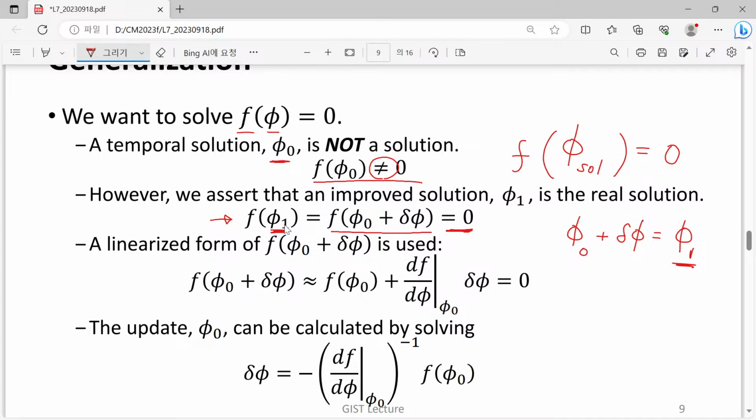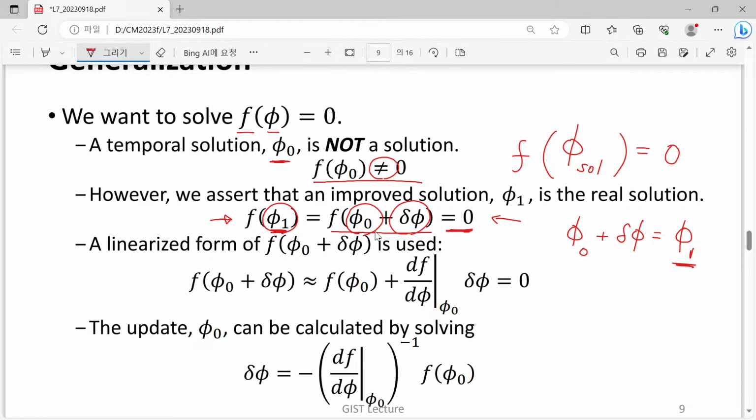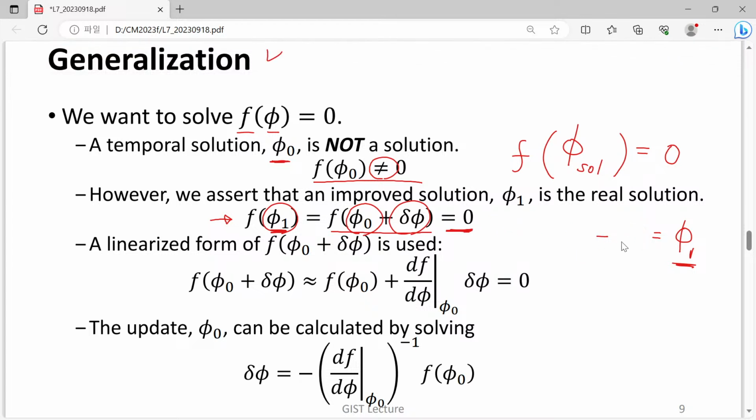Okay, so are you with me? Because phi 1 is defined as phi naught corrected or updated. Then this one is difficult to solve. If we can solve this equation, then we can immediately calculate phi 1. However, this is not an easy task. So my answer to Mr. Jones' question is